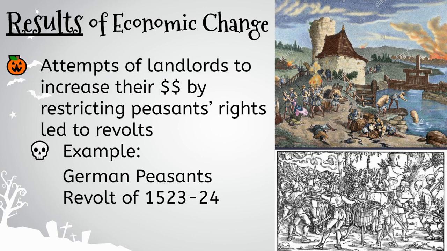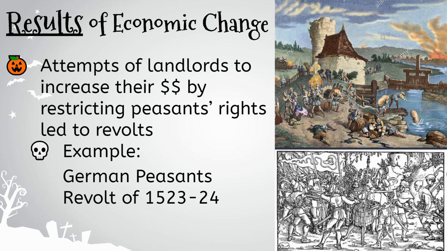There's a lot of peasants who are upset about serfdom. They do not appreciate their status in the world. And peasants for this revolt in Western and Southern Germany basically demand rights and freedom for land, and they want freedom from oppression from their nobles and from the landlords. And so they start to fight back against their nobles. Okay, and as a result of this revolt, 100,000 peasants die. And it's not successful. It's a failed revolt.